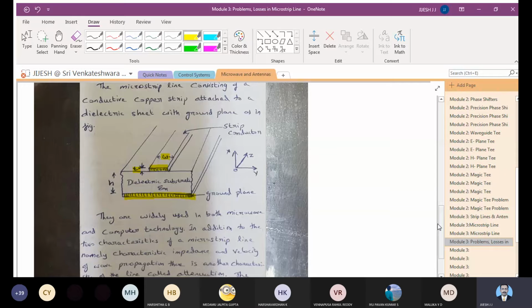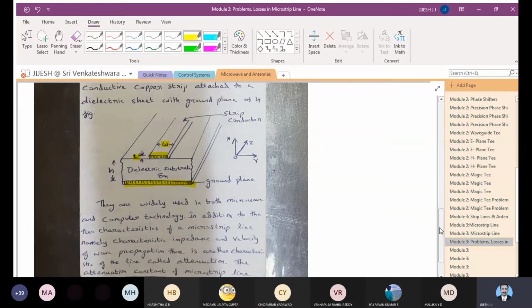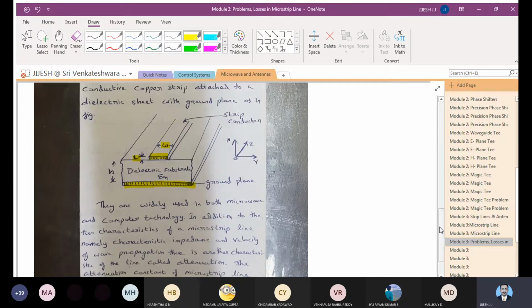You know that when you pass a signal through any surface, you will have some losses as well as some attenuation. It's a normal concept of any communication system that when you pass a signal through a long distance of propagation, the signals will have some losses as well as get attenuated. So we need to find out what are the different losses which take place